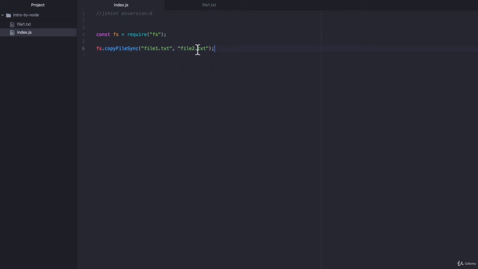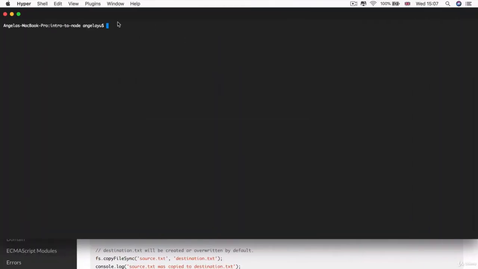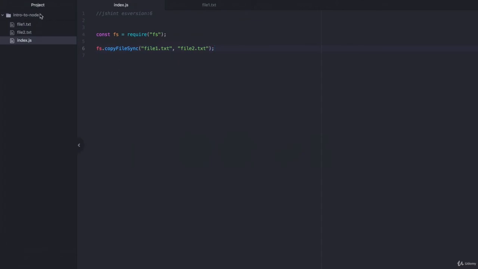So now if I hit save and I head over to Hyper and make sure that you're still within the directory that our index.js is contained, which I previously called intro to node. Now here I'm going to use the node command, and then I'm going to run the index.js file using Node.js. So now that I see my prompt again, so my name plus the $, that means that this execution has completed. So now if we head into Atom and we look inside our folder intro to node,